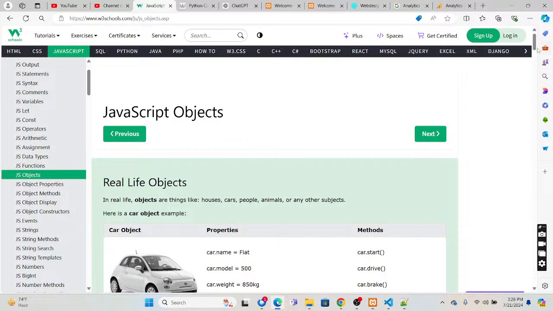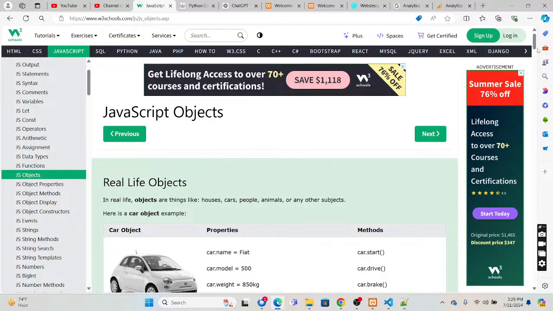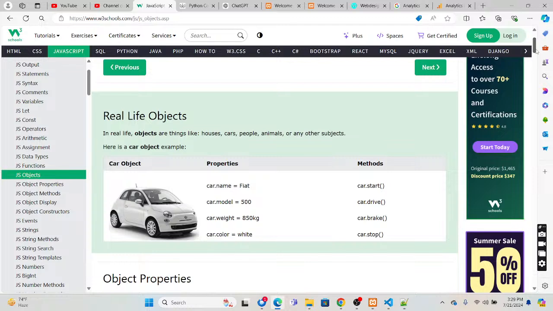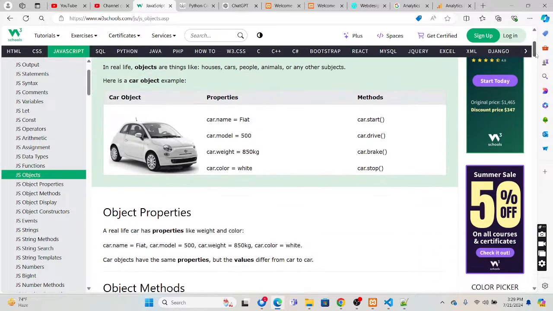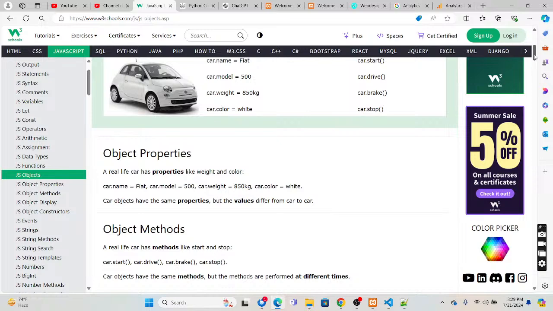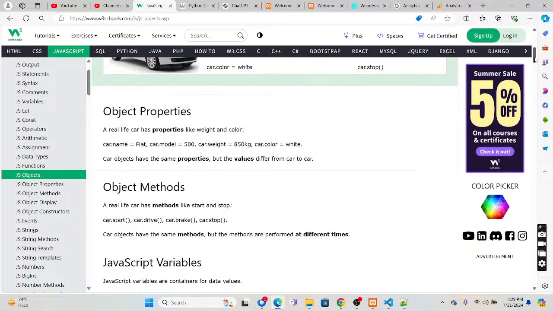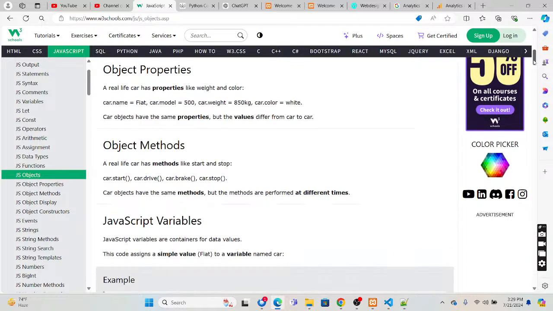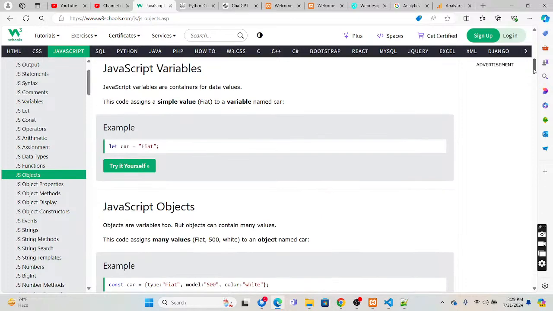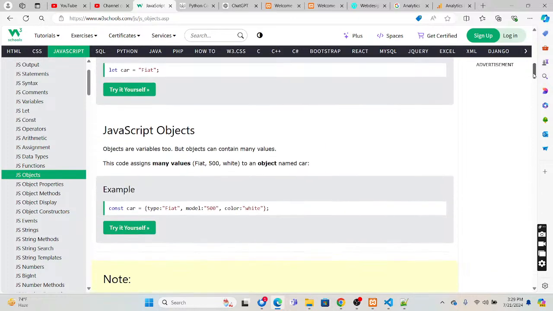Objects. There are built-in objects, and objects are something like houses, cars, people, animals, anything which has its own properties. It is an instance of a particular type, and it has its own properties. If you buy a car, that is the object instantiation of the class car. So an object has its own properties and they will vary, and one object's properties may not be equal to the other's. You will have access to the car like start, drive, brake, and it has properties with variables.